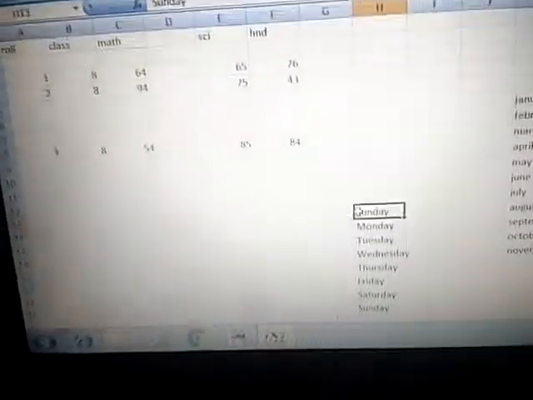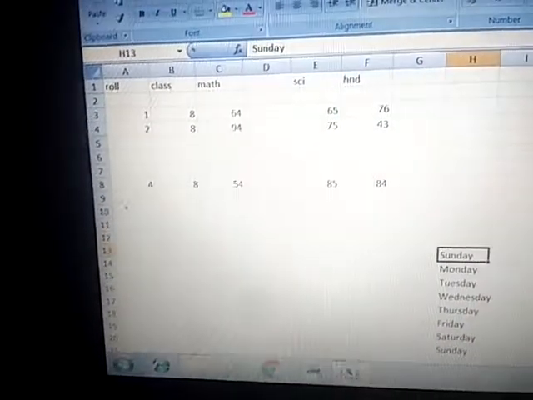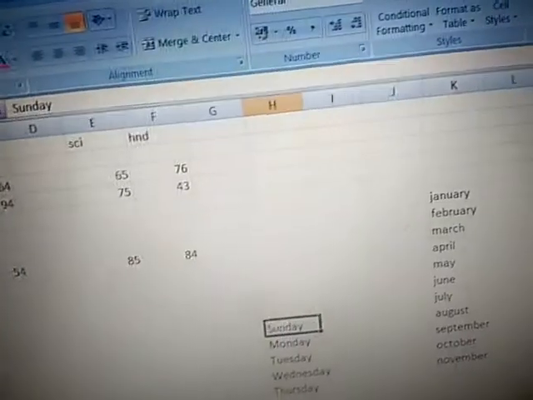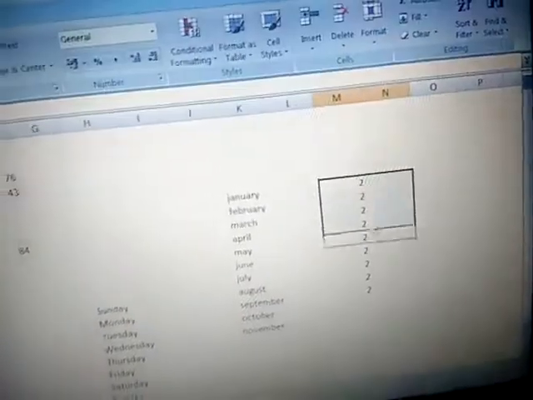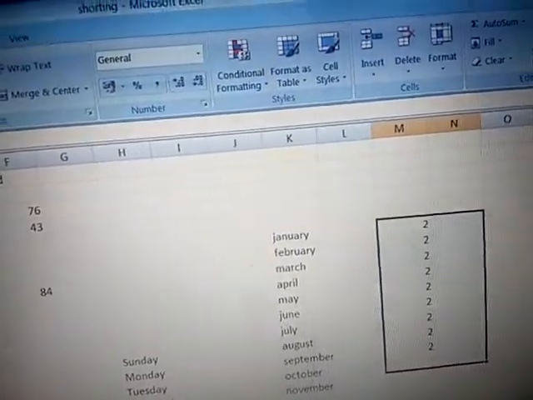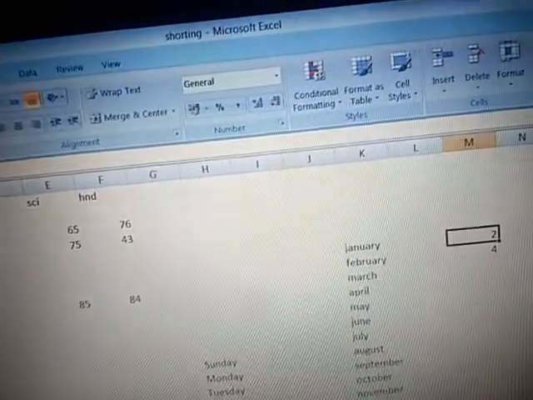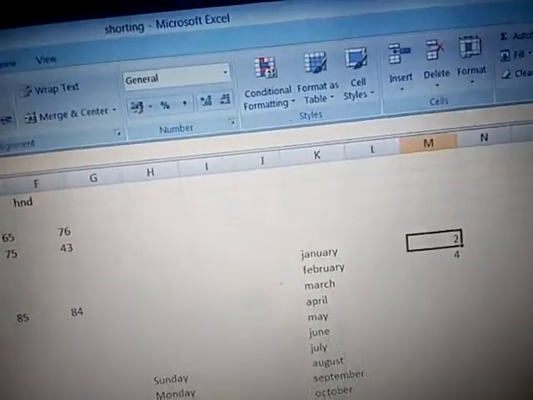See once again. Selected, click on undo. See, whatever I did the previous time, the same action has happened.